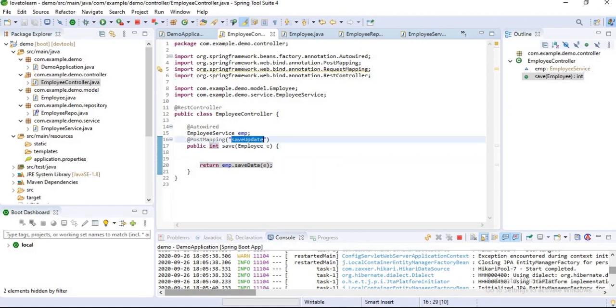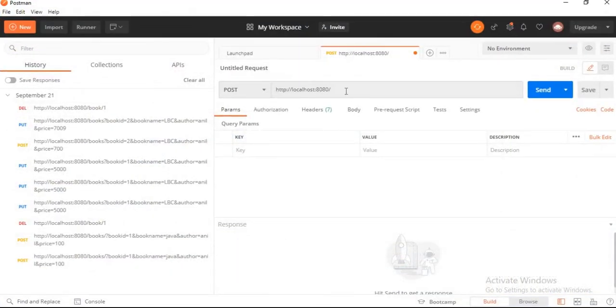Let's copy this, localhost, save update in my post. ID, my ID value is 1. And employee name, I want to give it as Anil.